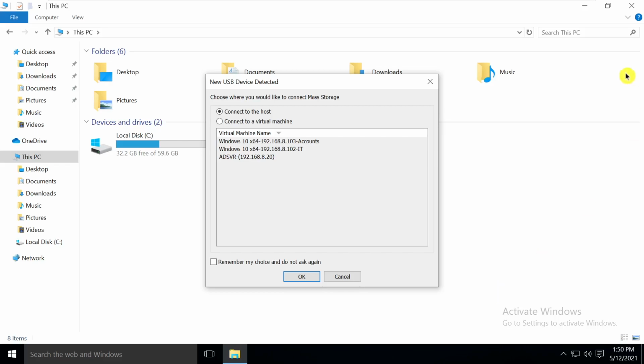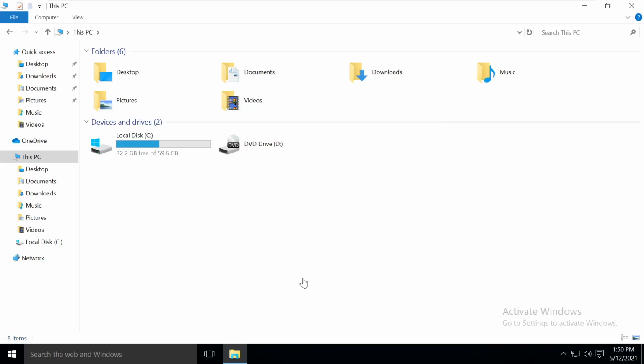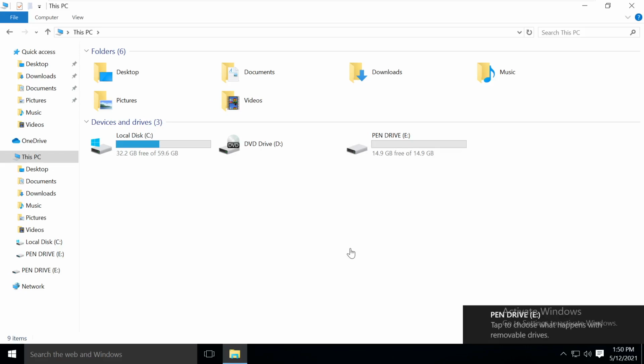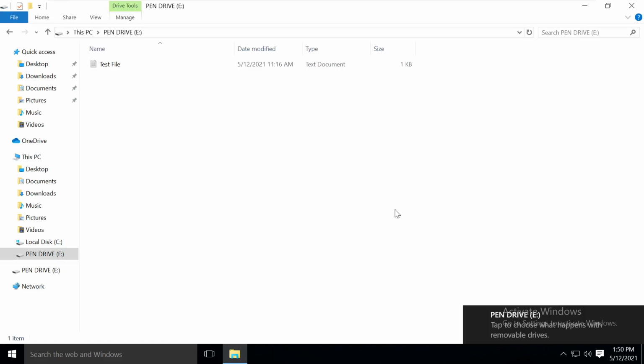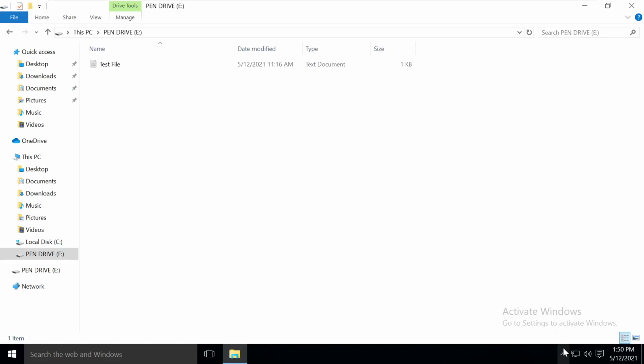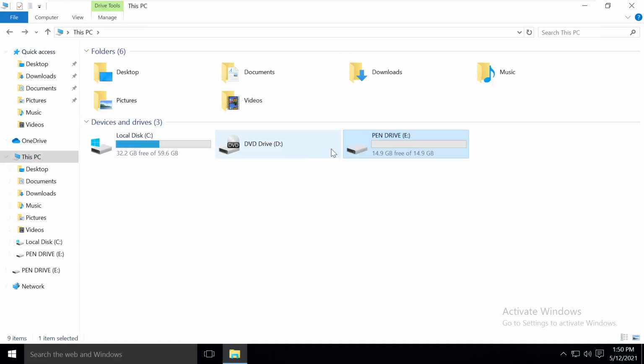You can see I am plugging the device again, so I need to connect it to the virtual machine's account. You can see my pen drive is listed here. I didn't change any policies here because this policy is applied to domain admin now, because I am logged in as a domain admin. And earlier I was logged in as a user, that is an account user.